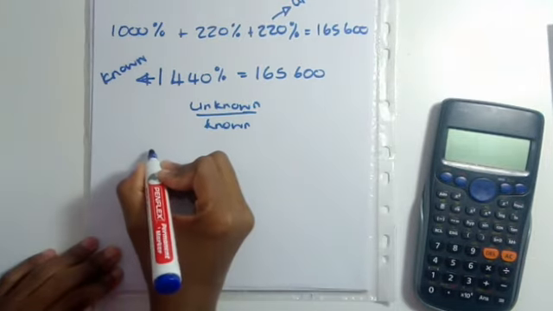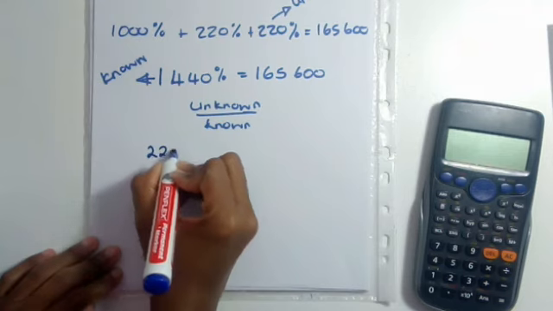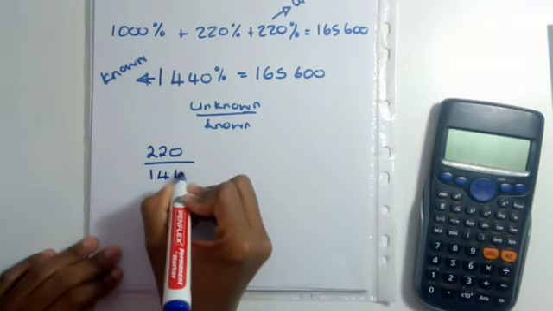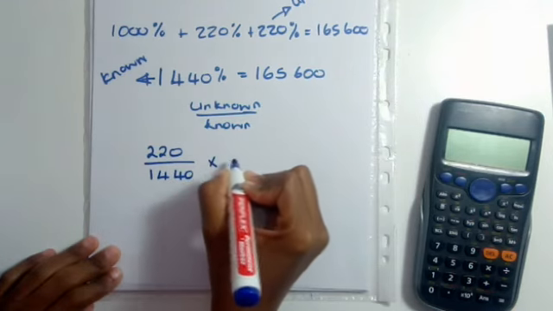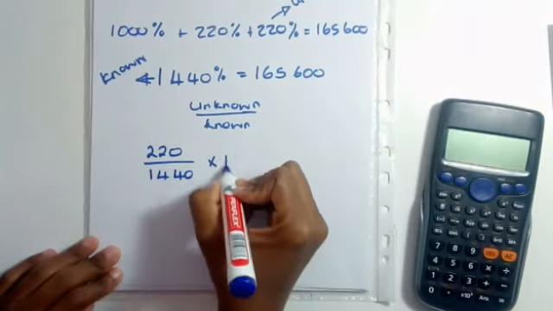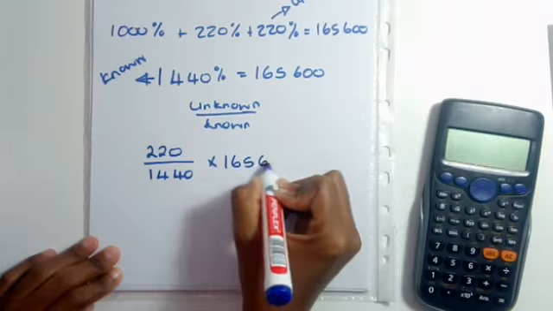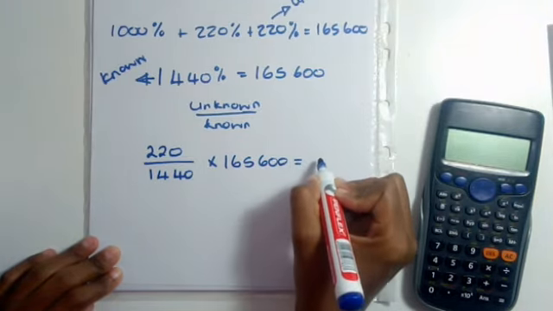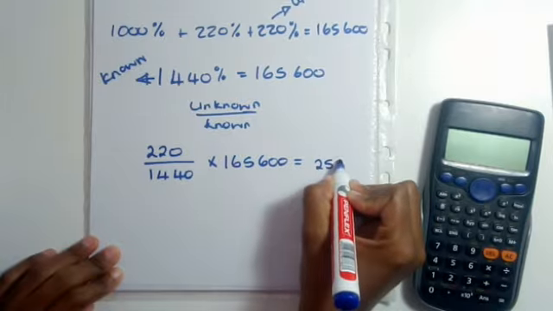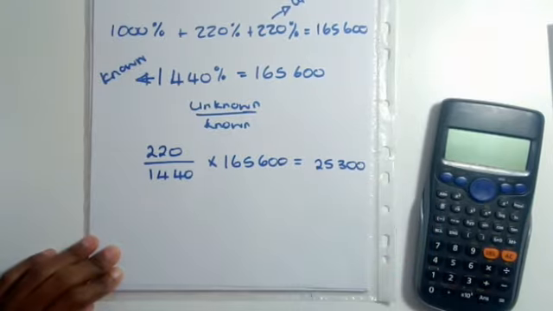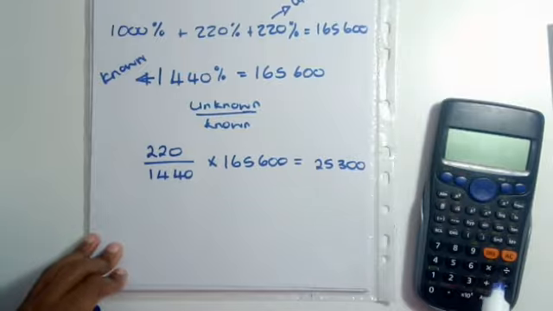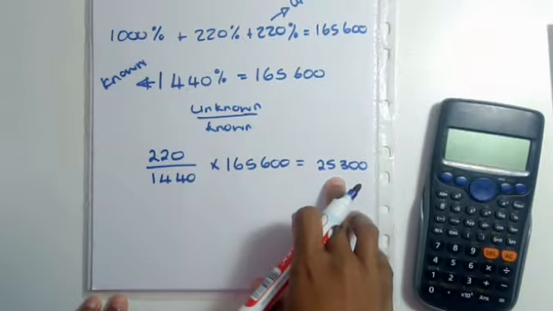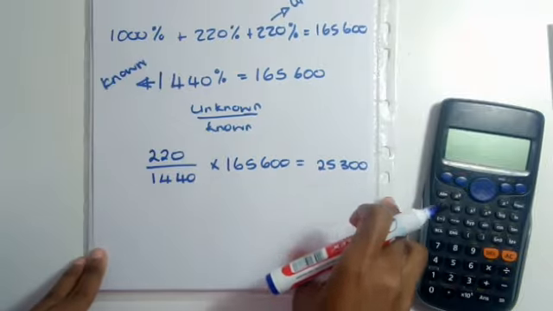So then my unknown is 220 all over my known, which is 1440, everything multiplied by 165,600, and it will give me a total of 25,300. This 25,300 is the amount that represents March and April,